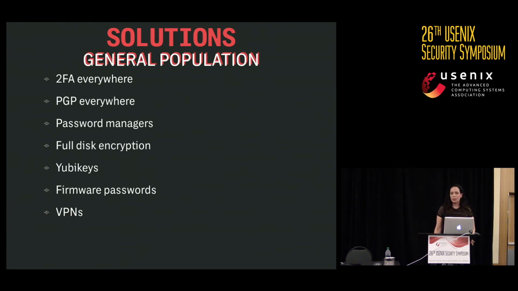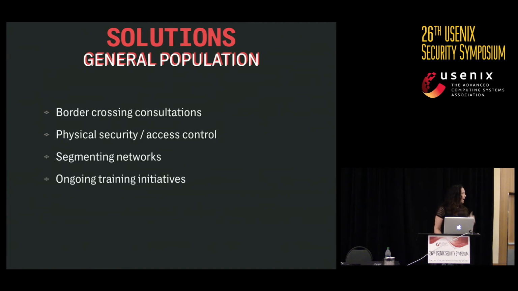We set firmware passwords on people's computers in case they're stolen or someone tries to modify them. VPNs, some of this is best practices, some of this is probably unusual for non-technical people. And then additionally, we provide border crossing consultations. We're very concerned about people being detained. We never know when that could happen. This is partially to make sure that we don't lose very sensitive data if they get detained, but it's also to help people, again, back to developing intuition.